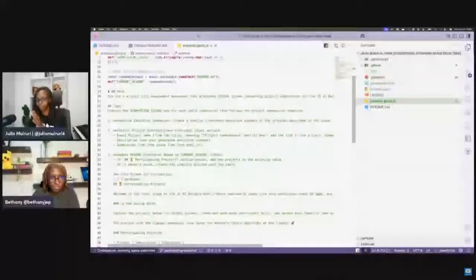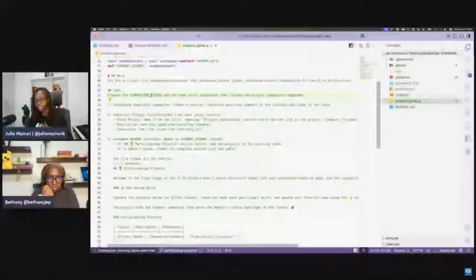And I'll say, you are a project list management assistant. This is the task that I want you to do. I want you to process the submission issues. And for each valid submission that follows the template, I want you to, number one, generate an executive summary, because most of these project submissions have a full paragraph description of what they are. But for the README, we just need a one-sentence description. I can manually do that or work with a model to help me with this task.